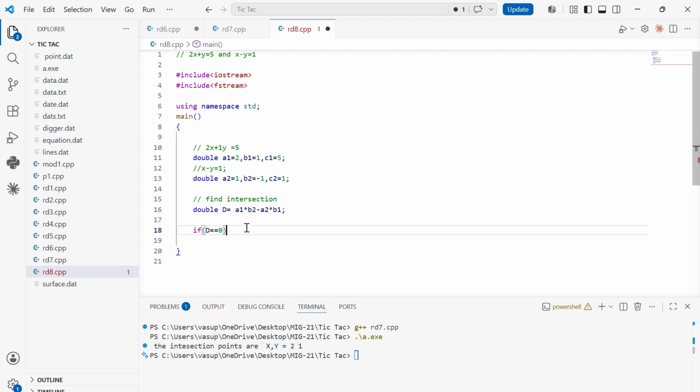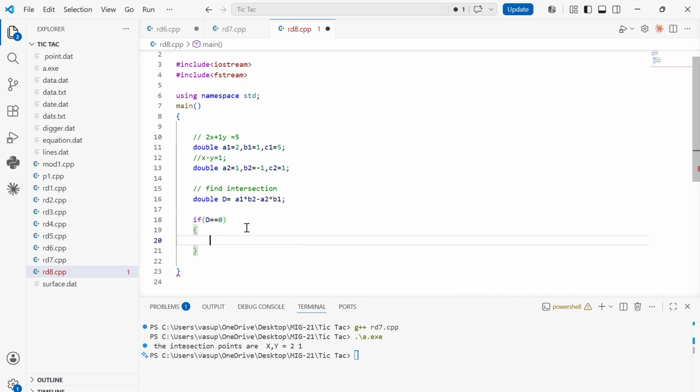The thing is that if the determinant is 0, then the lines are parallel. So for that understanding, we will be writing here